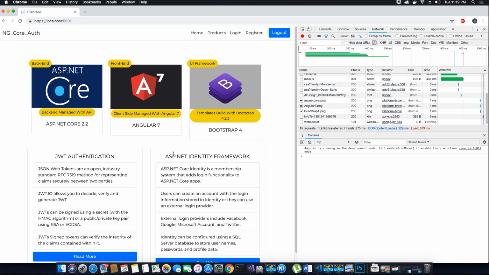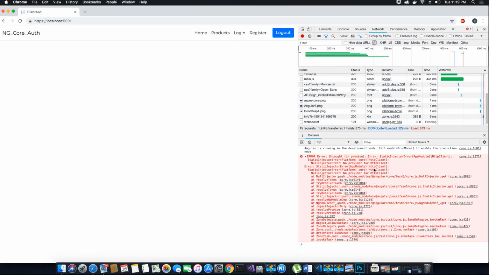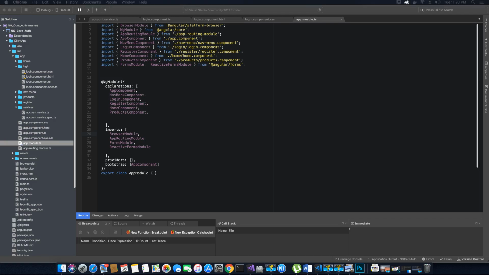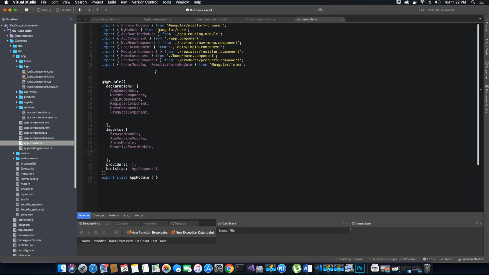Now we have one more thing to fix. When we click on our login component, I'm getting another error saying there's some error related to my app module HTTP client. It's not able to inject HTTP client. And to fix this error, let's go back to our application. Inside the application's app.module.ts file, once again, in order to use HTTP, we have to import the HTTP client module